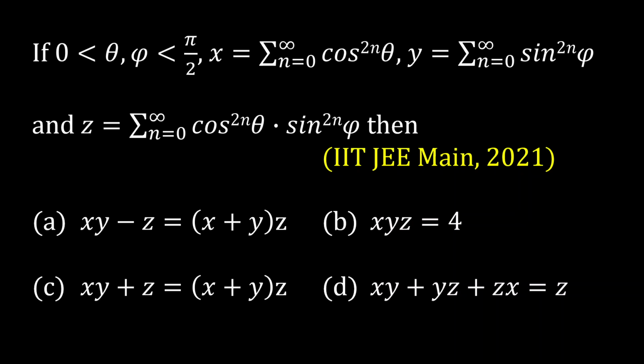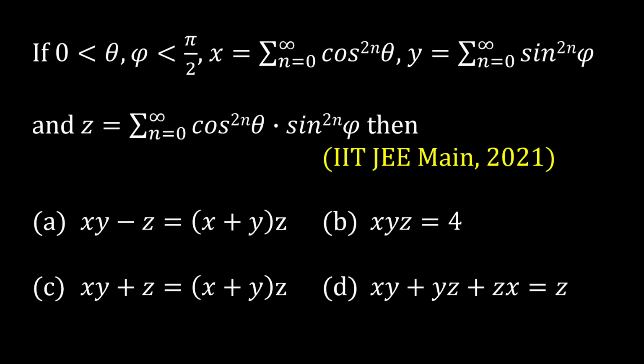If the values of theta and phi are lying between 0 and pi by 2, and x is the summation of cos to the power 2n theta, where n is changing from 0 to infinity, and y is the summation of sine to the power 2n phi, where n is changing from 0 to infinity, and z is the summation of cos to the power 2n theta into sine to the power 2n phi, where n is changing from 0 to infinity, then we have to find the relation between x, y and z, and these are the